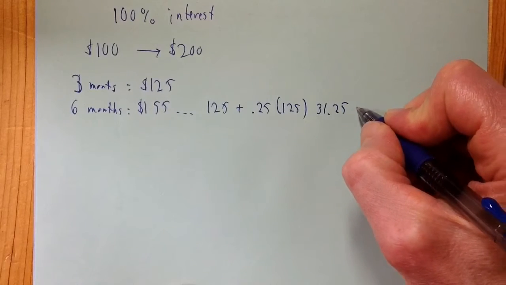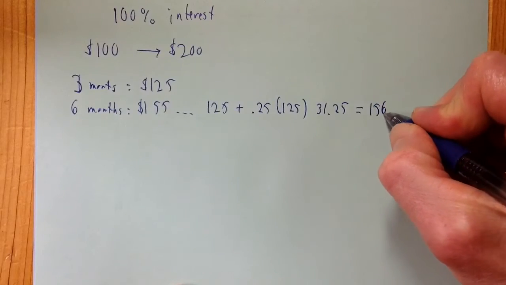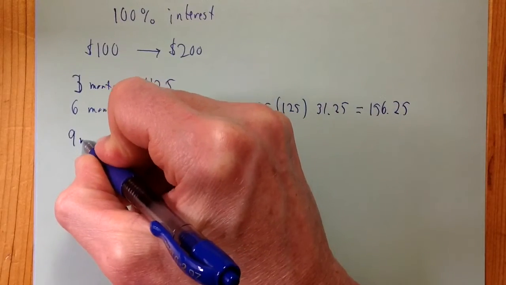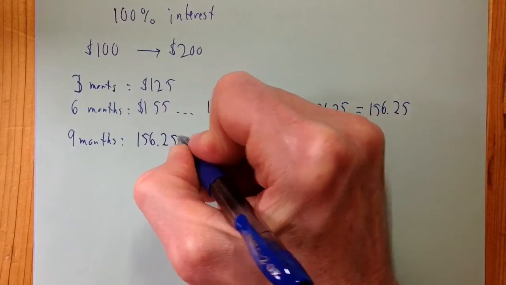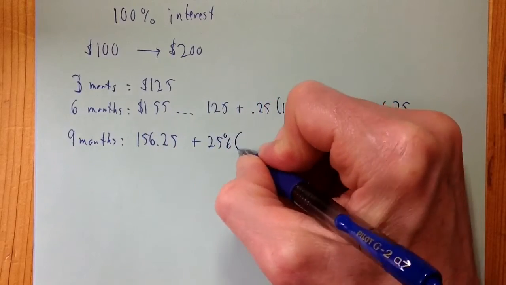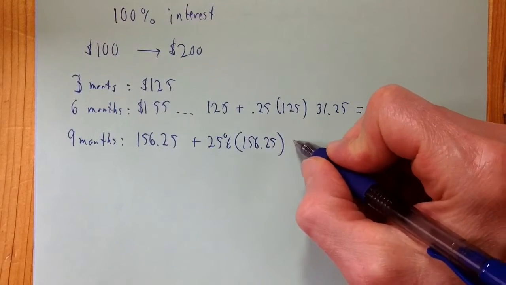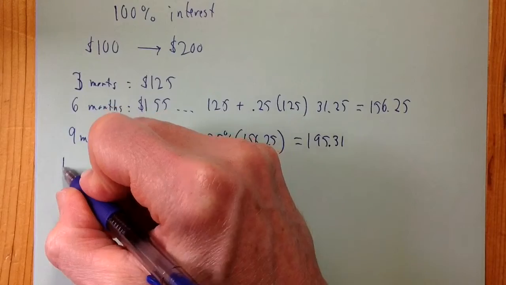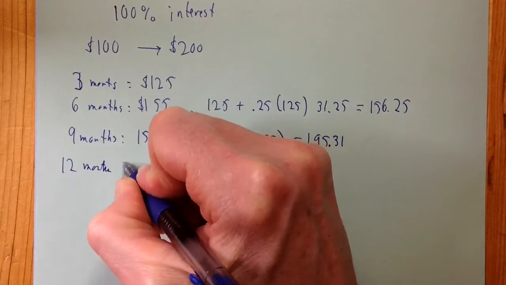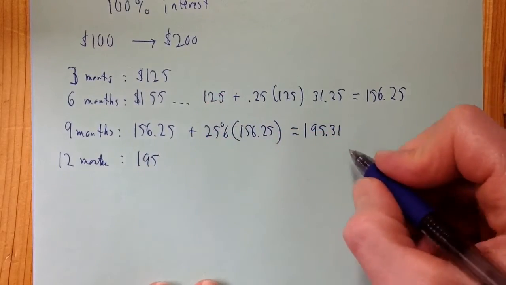So you would have that much more, so add that to 125, and we get 156.25 after 6 months. So in 9 months, we would have 156.25 plus 25% of 156.25. So I'll do all that. And I get 195.31, and finally in 12 months, and I'm writing pretty messy there, we have 195, and really it's 0.3125,